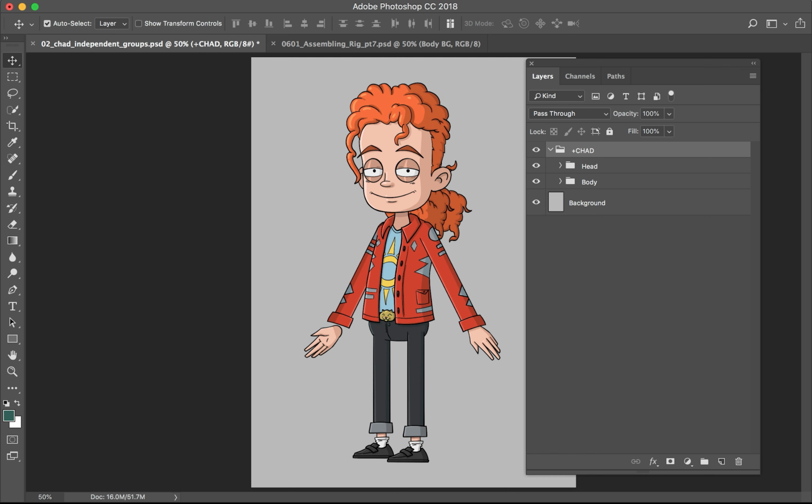Well, whenever you put a plus in front of a group within Photoshop and you intend to bring it into Character Animator, and this also applies for Illustrator, it will target that group as independent in Character Animator, which means it's going to animate differently. It's not going to be attached to the main layer. However, it will still have influence,